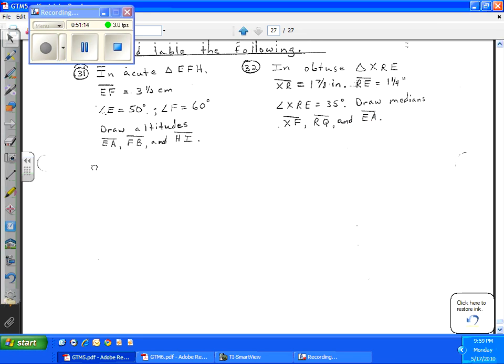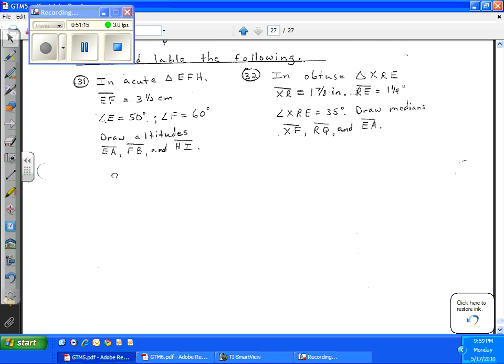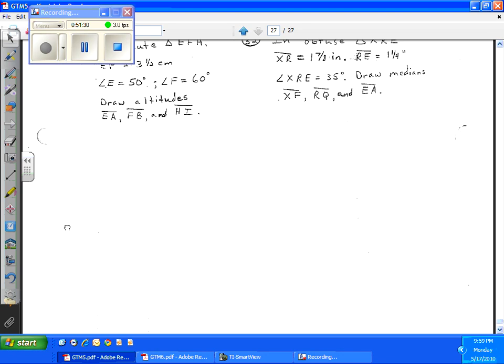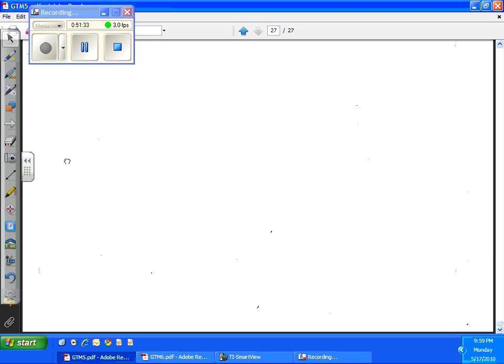All right, number 32. Obtuse triangle XRE, 1 7/8. RE is 1 1/4. We're going to draw the medians. We're going to leave that one for you to investigate, maybe get some teacher help with. And then